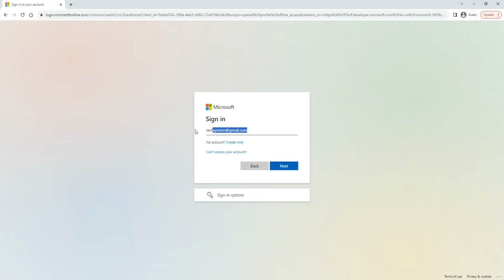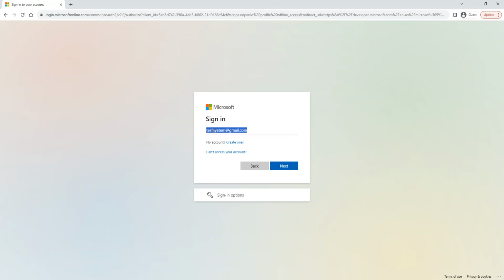This is my spam-enabled email that I use when I do this, or you can use your Gmail. If you never used it, it will ask you to create one.